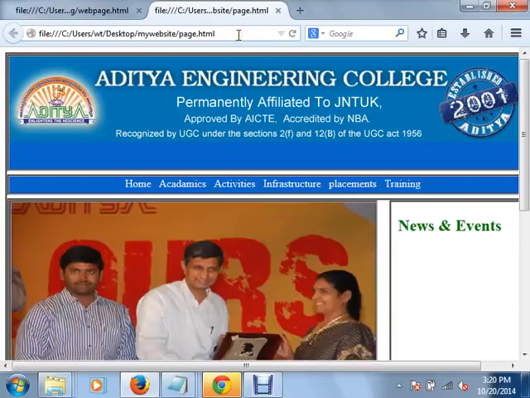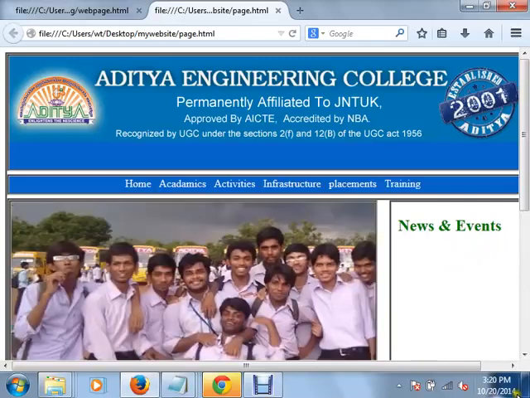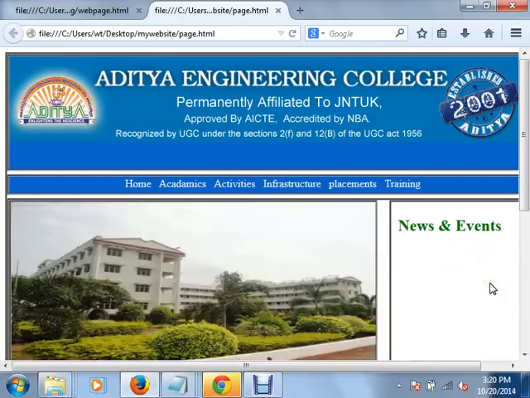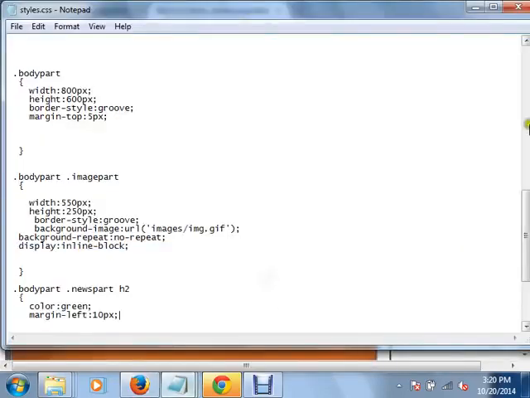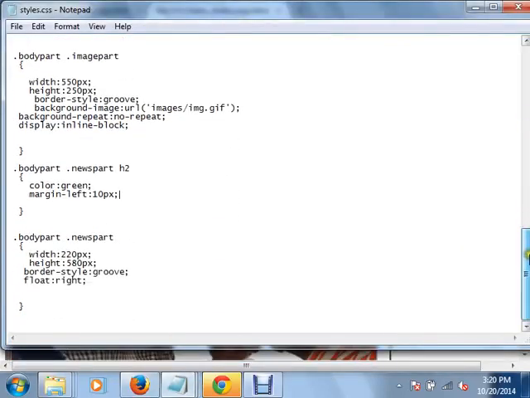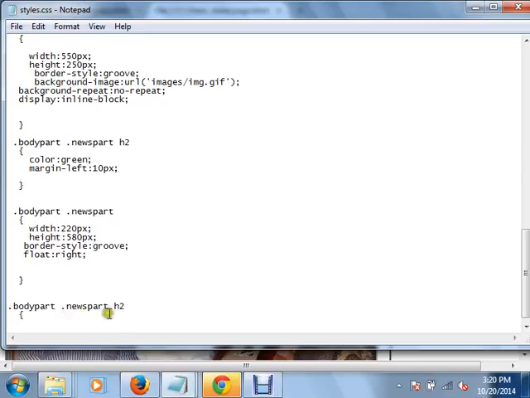Okay, it is moved. Now after that, create an inner division here. Inside this news part, again create another division. I am creating an inner division called news.